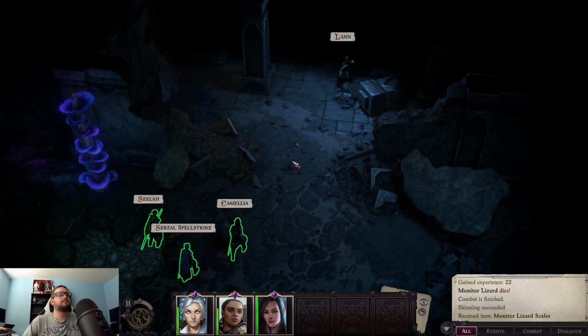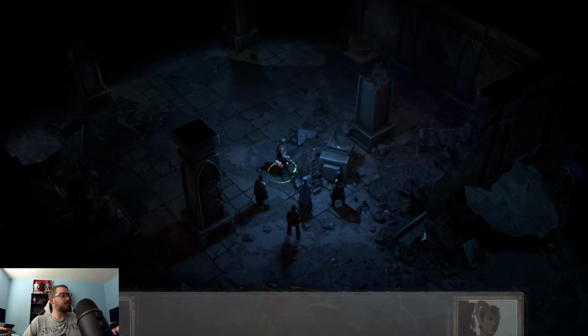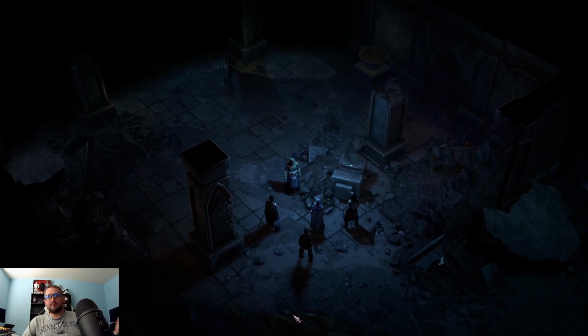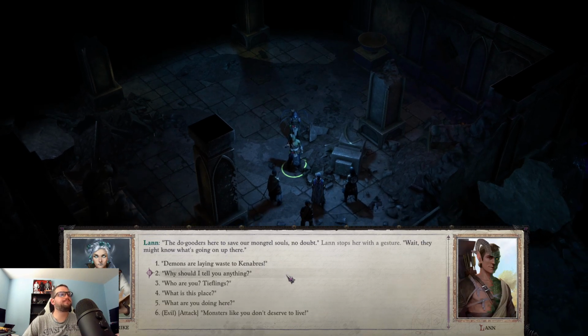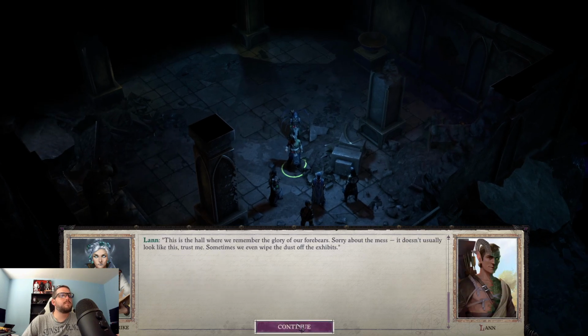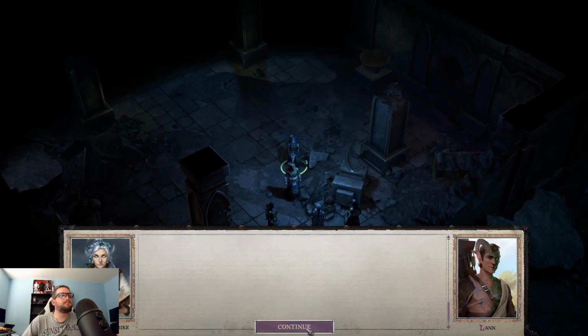Let us be careful. No, I can't just walk. Windwalk! These guys are looking for an artifact. The do-gooders here to save our mongrel souls, no doubt. Wait. They might know what's going on up there. If things... You did. I realize that you guys have your own troubles, but we need to be in Canabres. This is the hall where we remember the glory. The first. That's not. We're I'll...